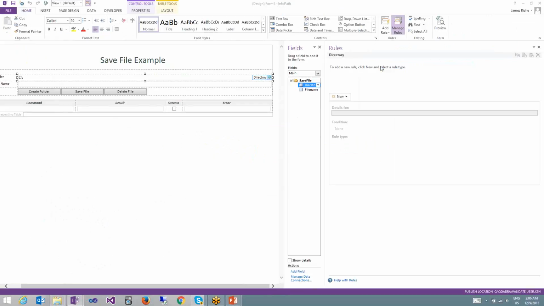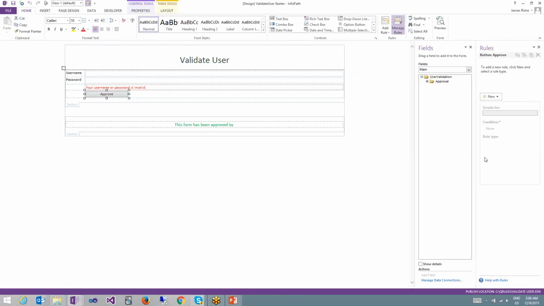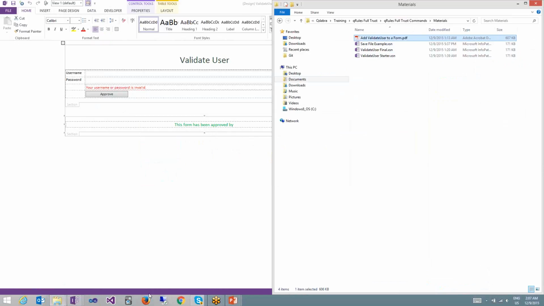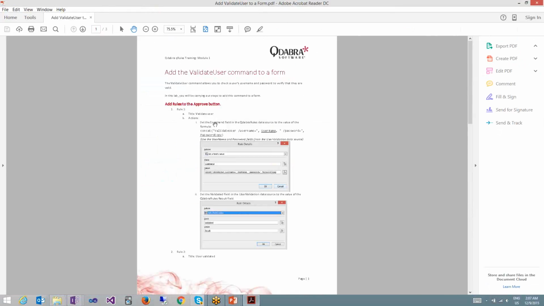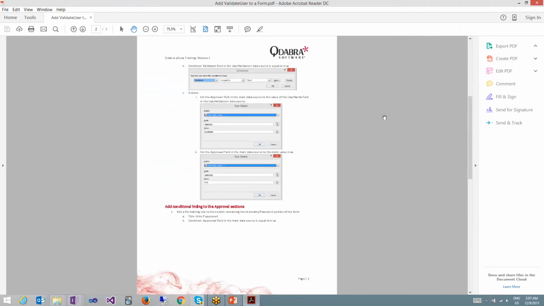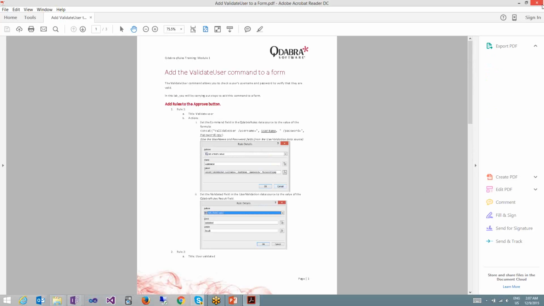This is basically the same as the form I showed earlier, except it does not have any rules on the approve button, and it doesn't have any of the conditional hiding on the section controls. And we've got a document here that goes through and explains how to add those rules and set up that formatting. We're going to be distributing this as part of the course materials, so definitely give this a try when you get a chance.